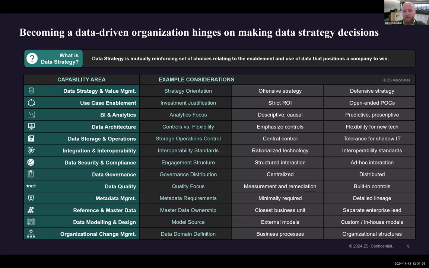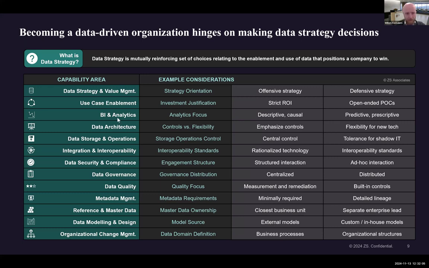And I think we're going to give one more example before we pause for some questions and answers. One last comment on this page is that they're not independent. So where the data strategy comes in is where you connect these different decisions across these different dimensions into one coherent strategy. You lay out: here are the choices we're making, here's the investments we're going to make, because this is the configuration that is going to support these business use cases that we have the best.